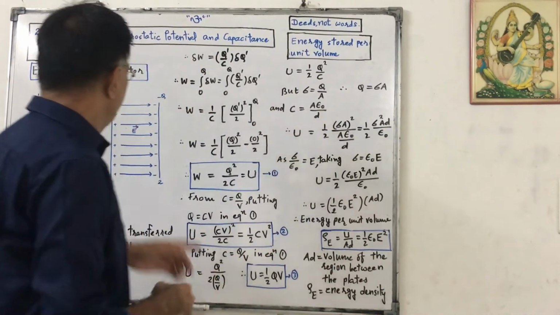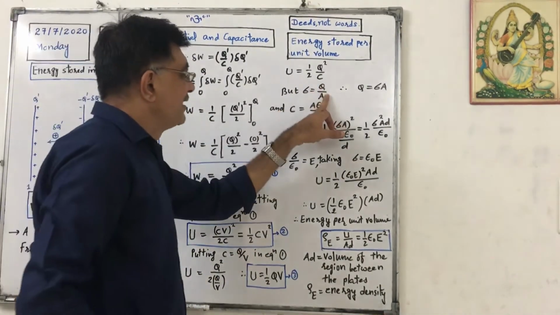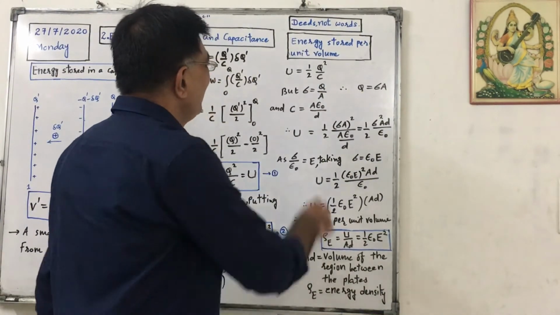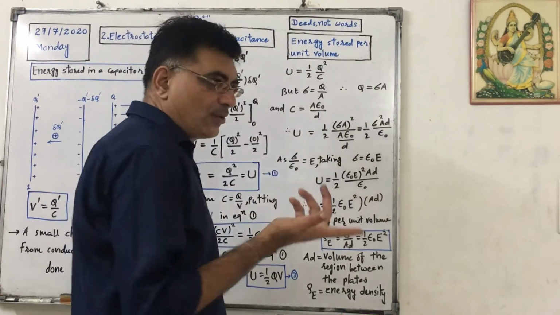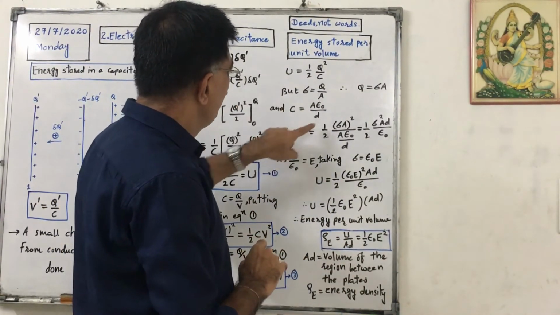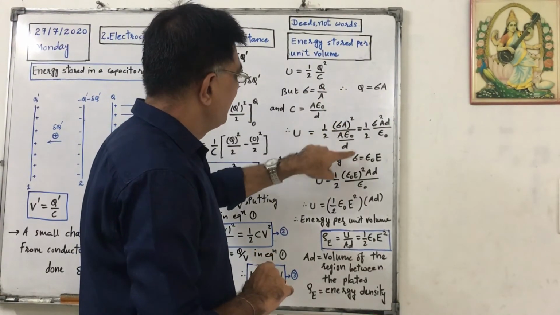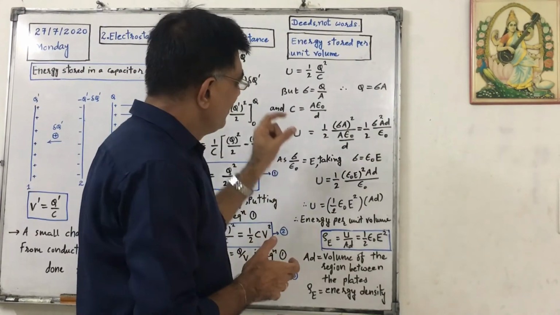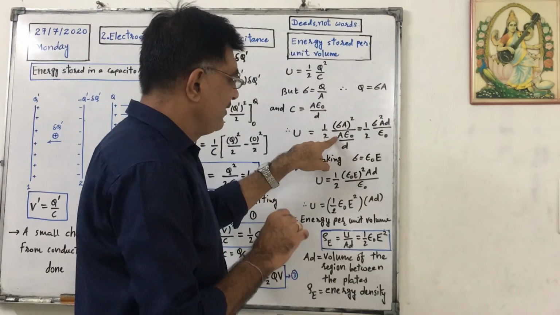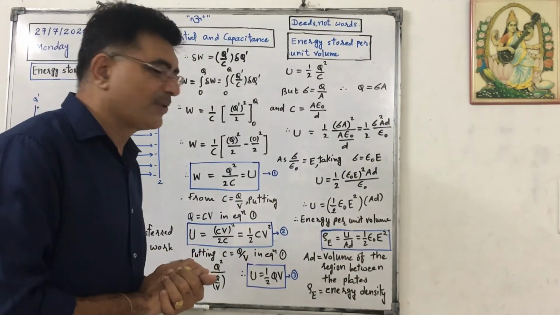but we know that sigma, that is the surface charge density on the plate, equals charge upon area. So I can write Q equals sigma A. And we also know that C equals A epsilon naught upon d for a parallel plate capacitor. Replacing here, U will be equal to half, Q is sigma into A whole square, upon C is A epsilon naught upon d. So it will be half sigma square, this d will go up, one capital A will be cancelled. So sigma square capital A into small d upon epsilon naught.